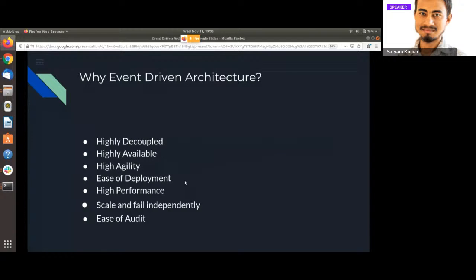So why should we choose event-driven architecture? Here we are going to discuss some of the benefits which an event-driven system gives us. The first benefit is its highly decoupled nature.